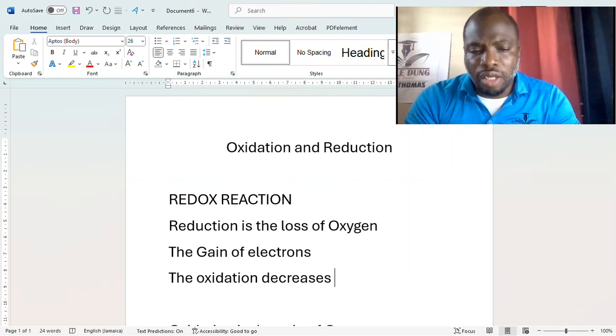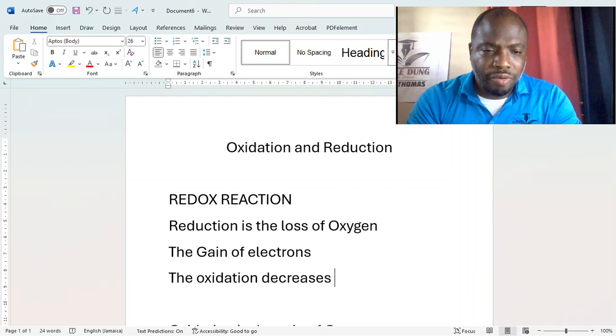So under reduction, these are the three things that you can focus on. If something is being reduced, and as I said earlier, not all the time can you use this concept about oxygen, because not every reaction will possess oxygen in it. But it's something that you can use. Reduction is the loss of oxygen. So when you look at an equation where oxygen is being lost from a compound, then you know that it